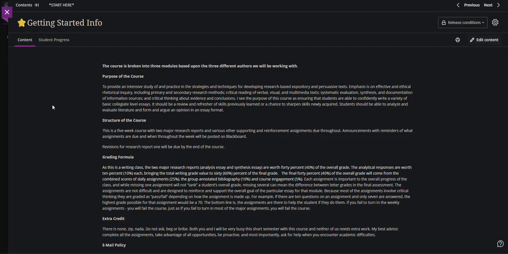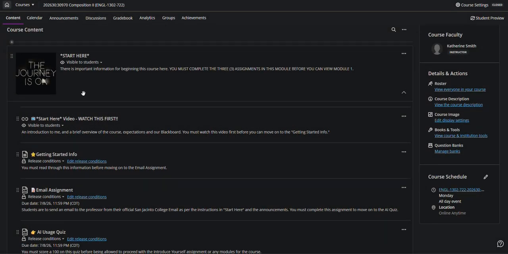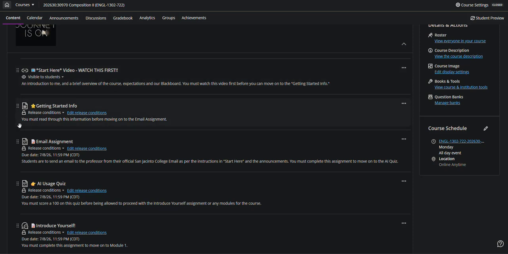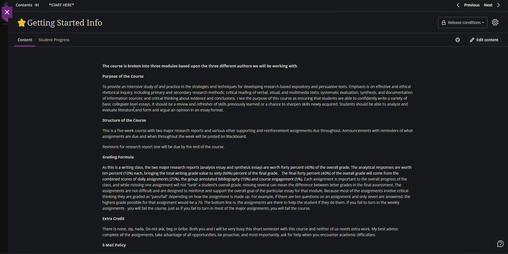Read the descriptions. So let me show you that. Read the descriptions here. It will tell you what you need to do in order to get to the next item. And generally speaking, you won't even be able to see the next item until you've done the ones prior to it. So first things first, let's go to the getting started information.